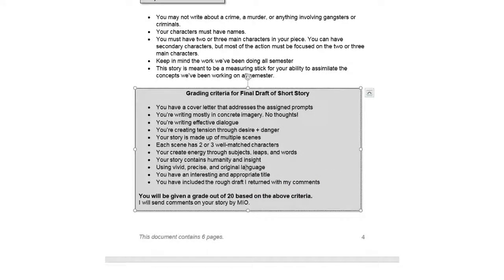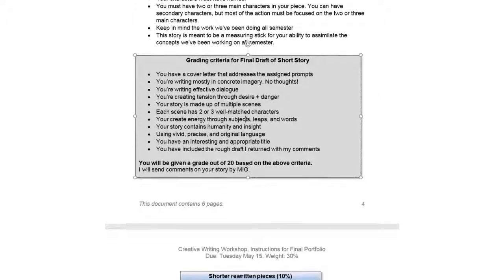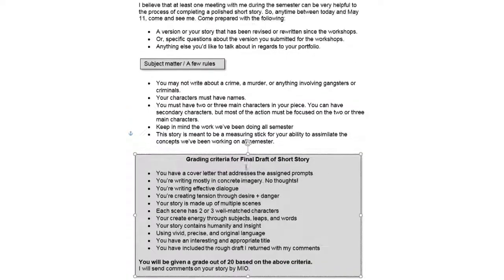If you write on the blog, if you create a blog, I'll put the comments on the blog. Otherwise, you can come and pick up your portfolio from me, but I imagine most people won't do that. So I will send comments by mail. Please read my comments because I will say nice things about your work. So that's the short story.